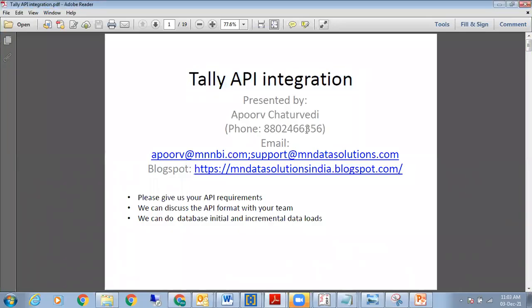Tally API integration, and this demo has been recorded. At the end of the demo, if you like it, you can give us your API requirements. We can also discuss the API format with your team, and we'll also show how exactly the database handles initial and